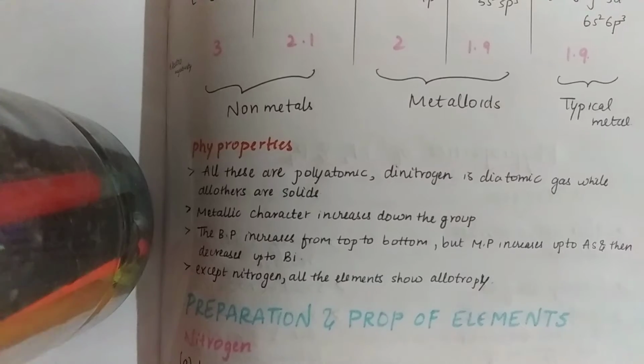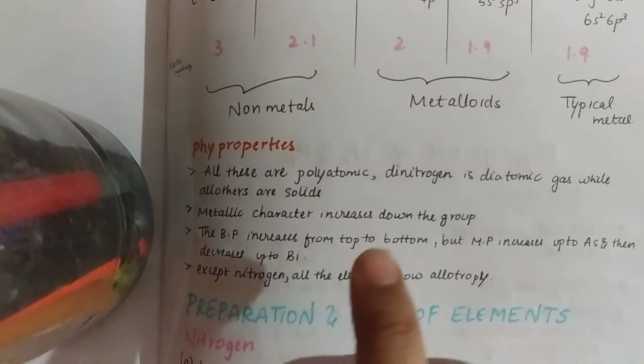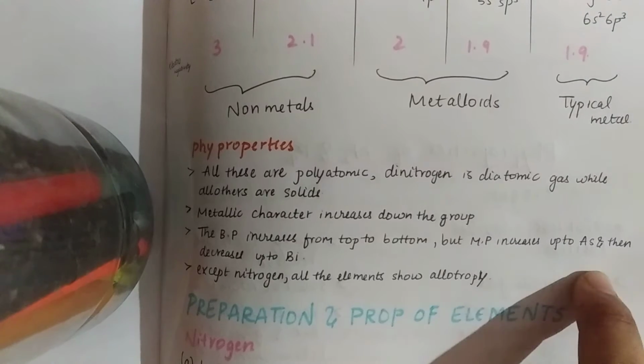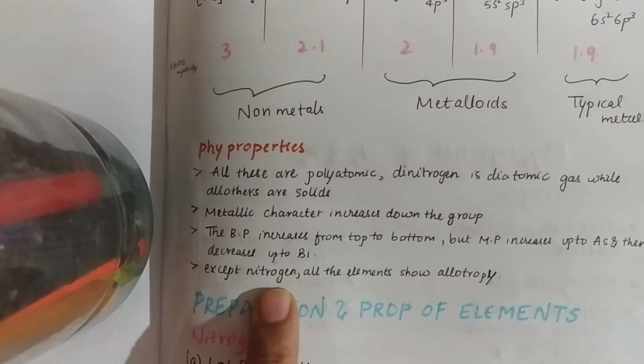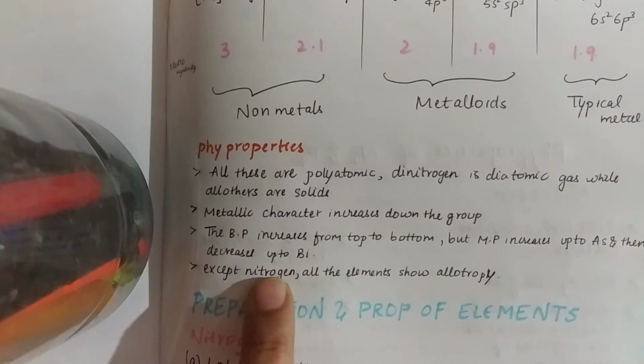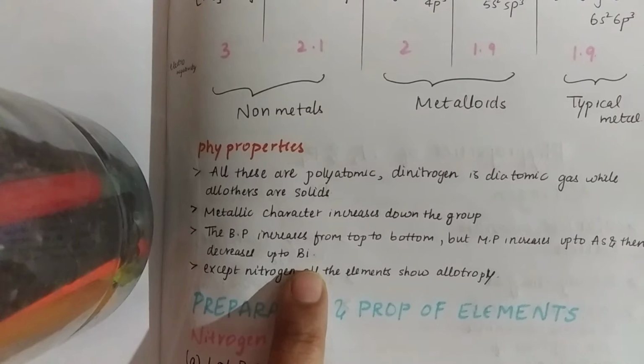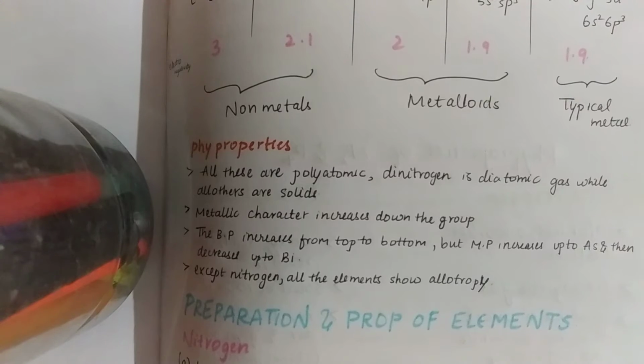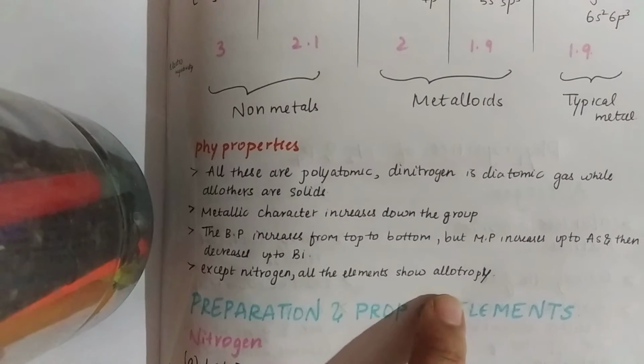BP is boiling point and it increases from top to bottom, but MP, melting point, increases up to arsenic and then decreases up to bismuth due to the fully filled d orbital, okay, and half filled f orbital. Then except nitrogen, all the elements show